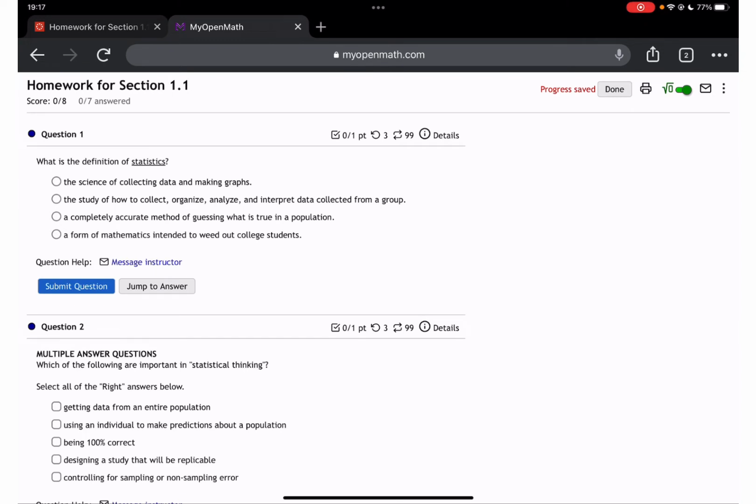Okay, let's see what we have. So what is the definition of statistics? It's going to change your answer, so it's going to be something similar. What is statistics about? Statistics is a science that